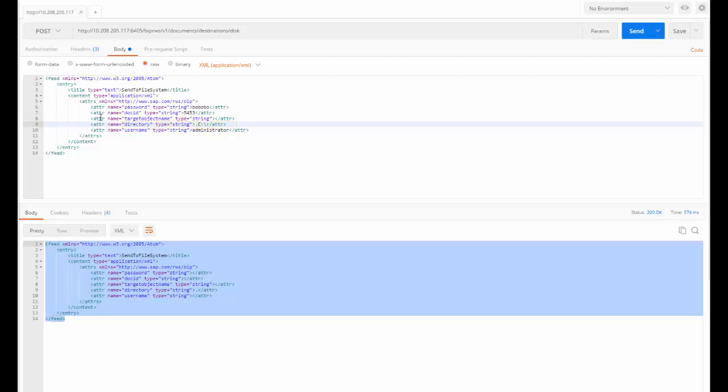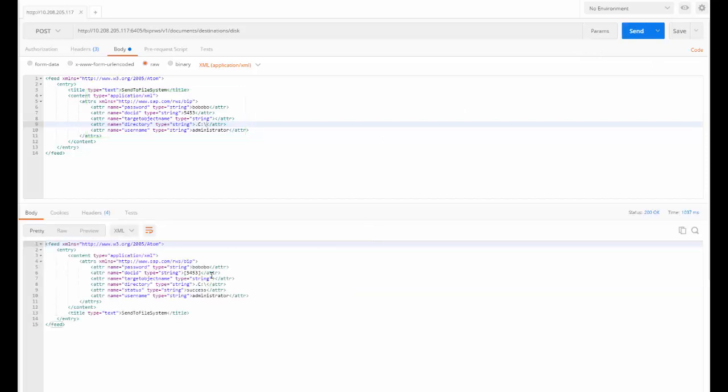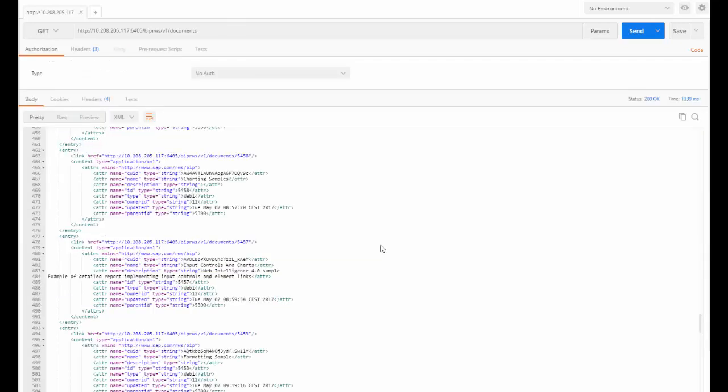And once you have filled these attribute values, we will choose Send and we receive a success message from the server. The document is successfully posted to the disk location.